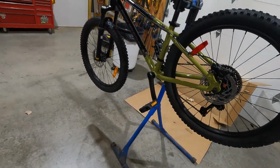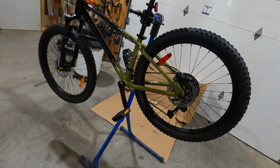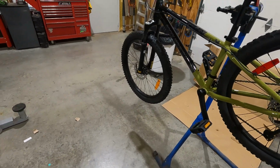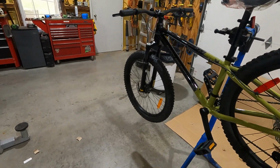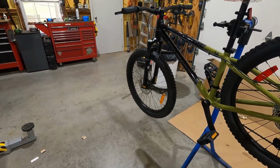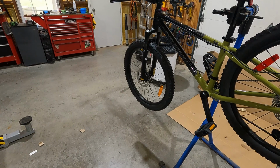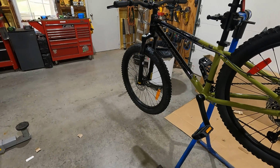If you do care to know, and you're still watching this video, I can't remember the seat angle. I think the seat tube angle was 70. Gosh, I wish I had that pulled up. The head tube angle was 67 degrees. So it's not your super slack 65 kind of setup, but it's a good geometry for a 24-inch wheel bike. It's going to be a quick handling little bike. It's going to feel great. You're not going to know it because you're the adult. You're not going to be riding it, but